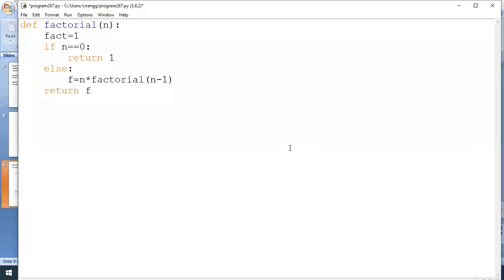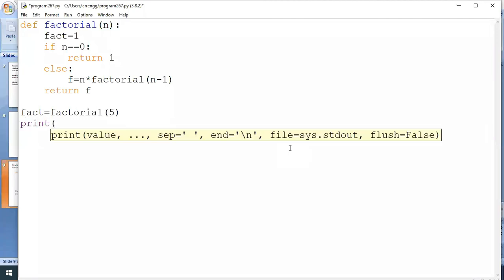Now this is the main function. The variable fact equals factorial of 5. That's it. Now I print the value: factorial equals the fact value.